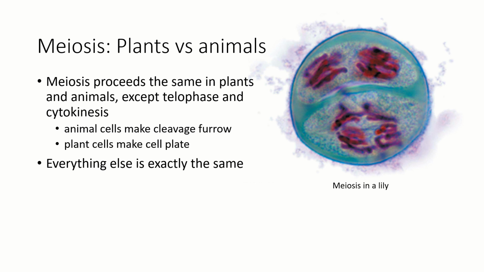The only difference is in how the cells separate to make two new cells. In animals, of course, we're going to have a cleavage furrow, creating daughter cells. In plants, they're still going to do the cell plate, cell wall thing, but then they're going to actually separate into cytokinesis. It's a little more complicated. It's actually beyond what we're going to learn for this class, okay? But just know that all of the phases for mitosis are the same for animals and plants. All of the phases for meiosis are the same for animals and plants, except for the separation of cells in cytokinesis.